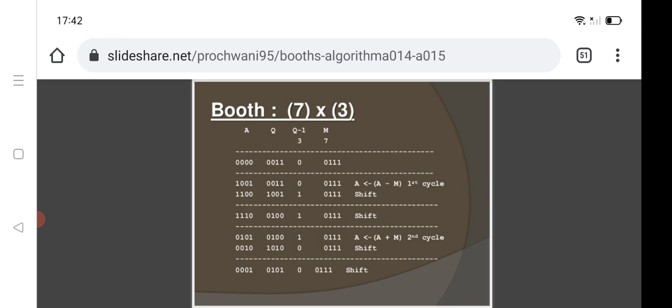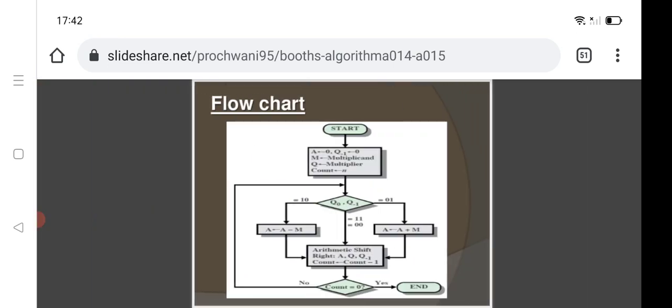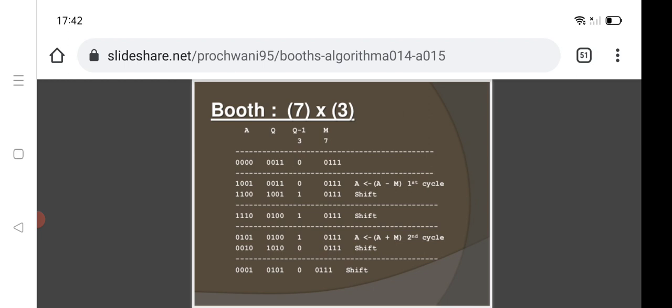Okay, so if you see here, the multiplier has been loaded with 2 bits, whereas the multiplicand has been loaded with 3 bits. I need to make both 3 bits or both 4 bits by appending a 0 towards the MSB bit position. Once the initialization is done, I need to load my count value. What is my count value over here? The count value will become 4.